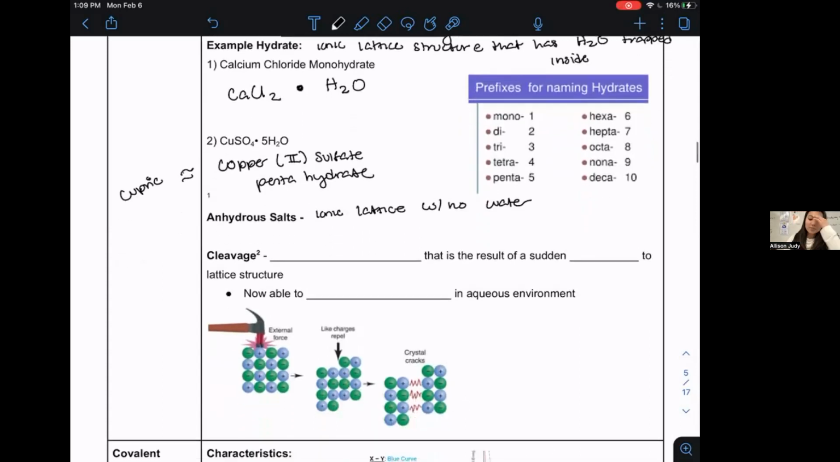Now, here's something that you should know about. Please be mature about this word. Cleavage, okay? So when we have ionic structures, they're in this tic-tac-toe, right? Positive, negative, positive, negative. They create this very structured nature. Column, row, column, row. If you apply a blunt force to it, you can create a cleavage, okay? And cleavage is simply